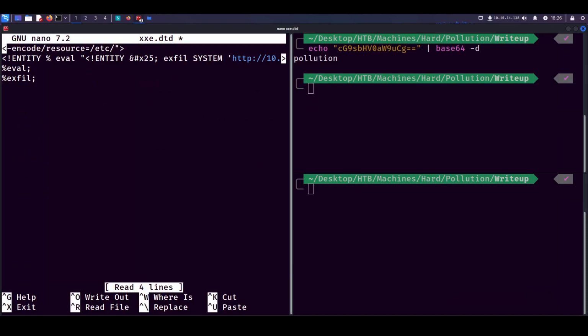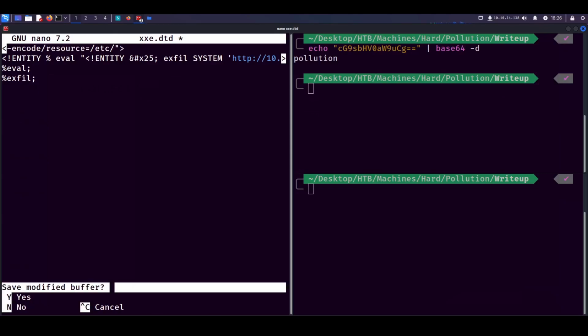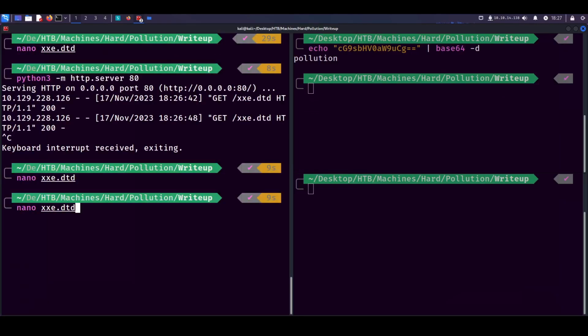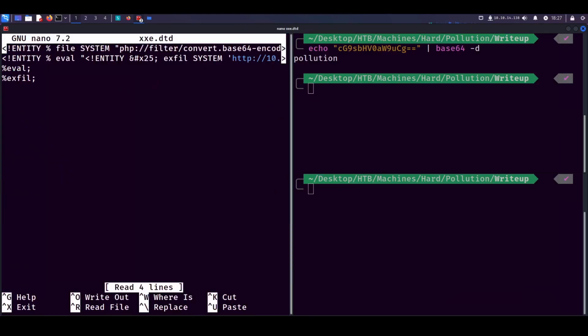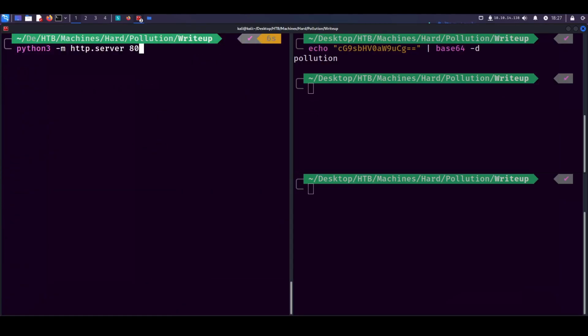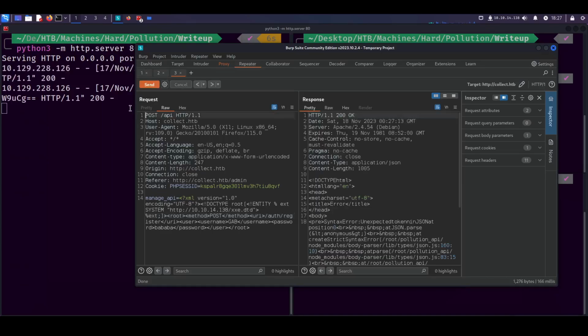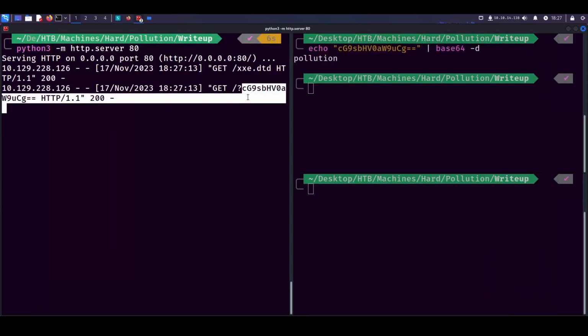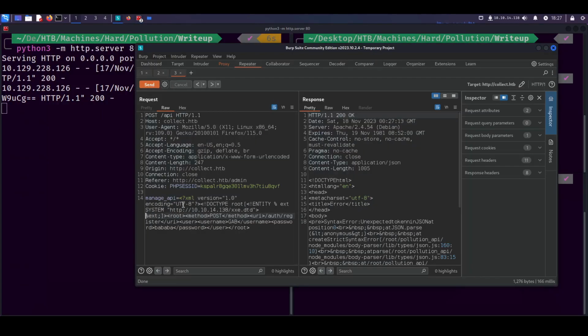Hostname is fine. You know what? I think that's a fine way of demonstrating it. Is just showing that we can read /etc/hostname. And that is something you probably ought to keep in mind when testing this too, is that sometimes if your output is too long, the application might just fail to parse that information. So that's all we've got for Pollution. The example is just how to exfiltrate data using blind XML